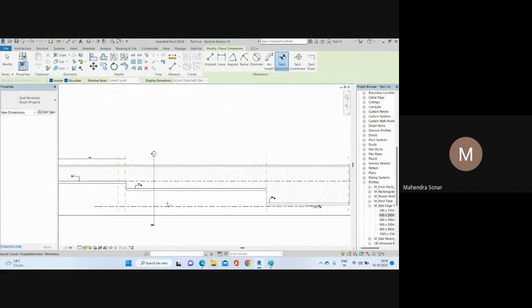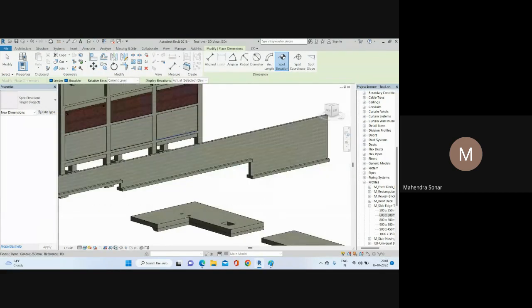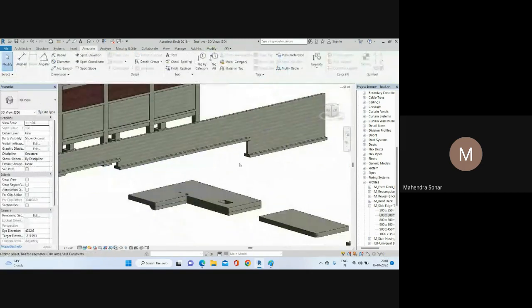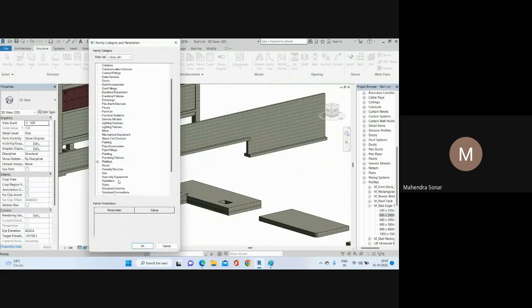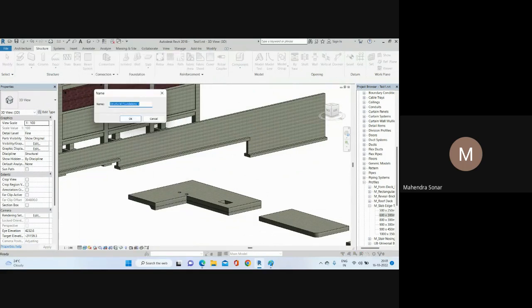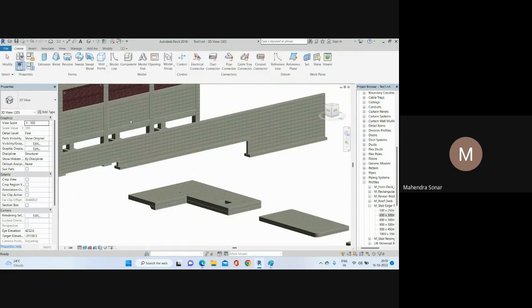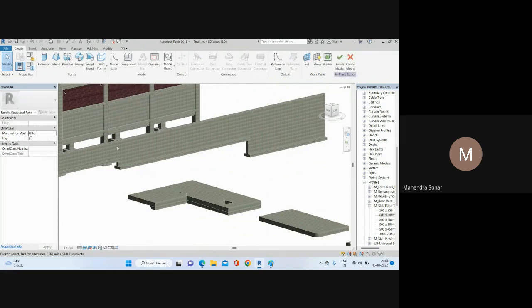Then after that you can go again in model. We need to create this shape and this shape in one command, right? So go to Structural, click Component, Model in Place, and select Structural Foundation, right? And click. Then you can give the name here, step one, foundation step, and click OK. Or you can give this wall location so you can identify it. Why I am giving the name: in future if you want to take the takeoff for this concrete,